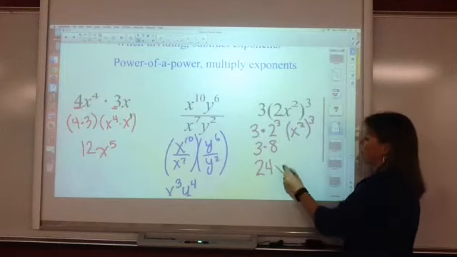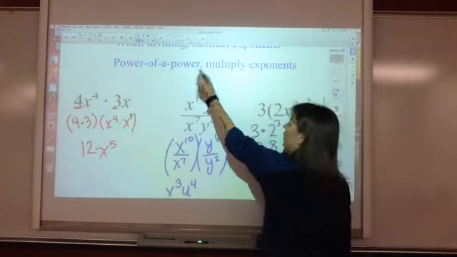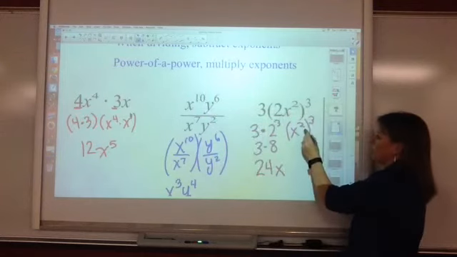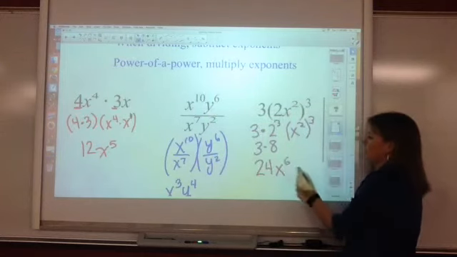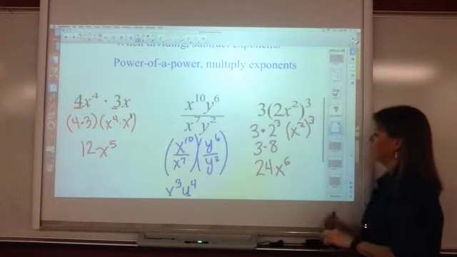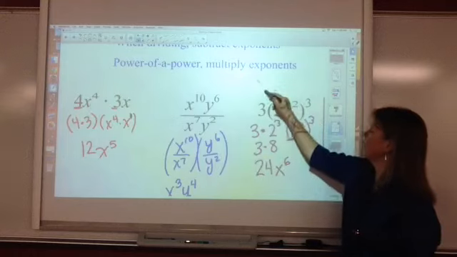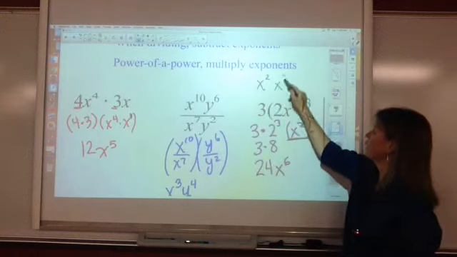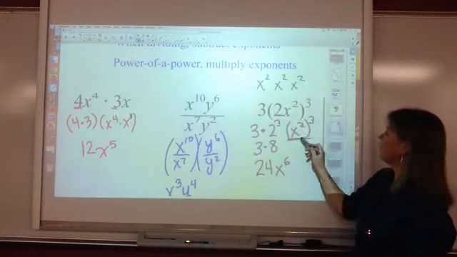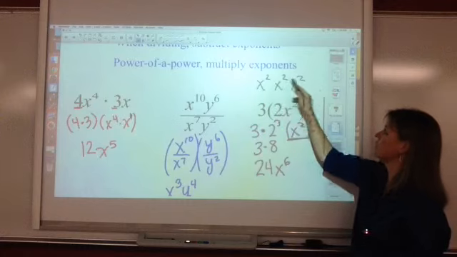Over here you now have power of a power. Power of a power, multiply exponents. 2 times 3 is 6. How do you know there's 6 of them? Because it says you have 2 of them, x squared, 3 times. If you have x squared 3 times, you have 2, 4, 6